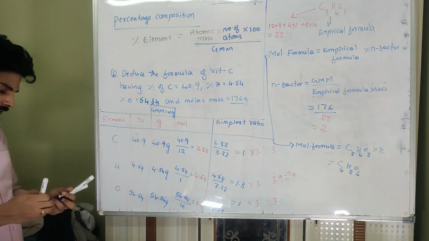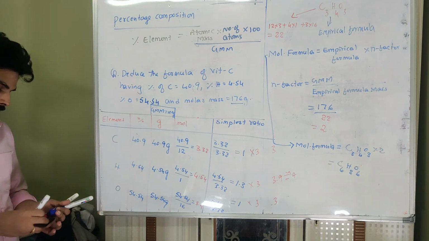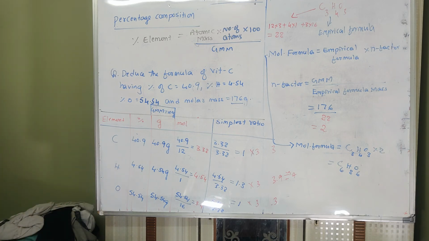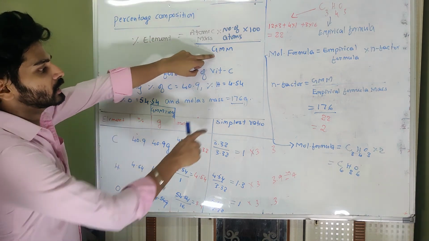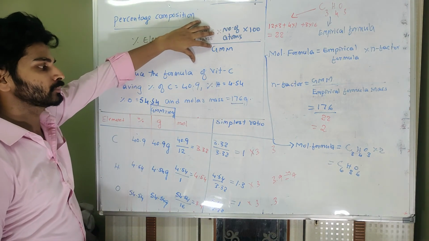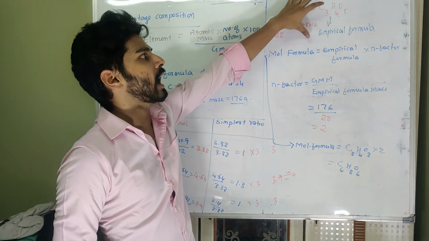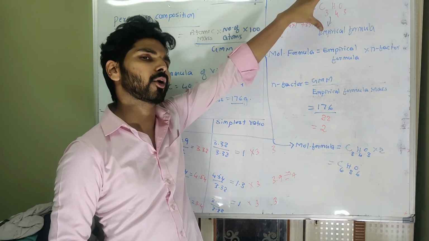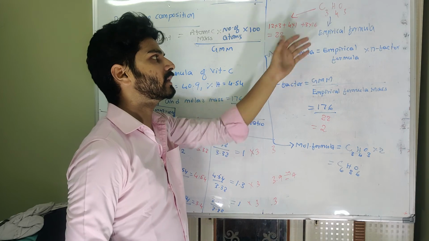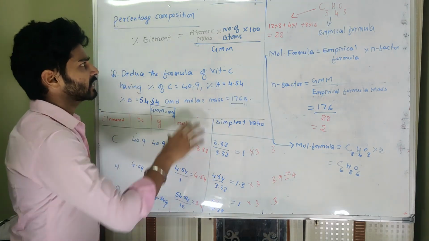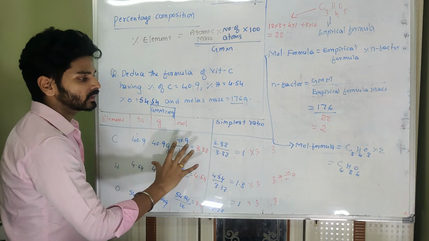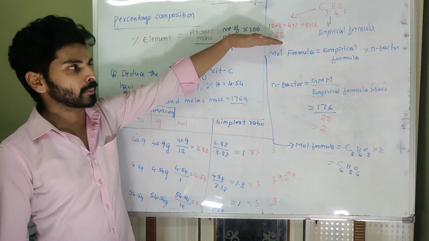So in this route, yes, it is the lengthiest method to get the molecular formula, but in this case you can at least reach till the empirical formula, though the molecular mass is not given. But in the earlier equation, the molecular mass must be given, then only you can go for that formula. If this is not given, by this method you can reach till the empirical formula. And sometimes questions are asked to calculate the empirical formula only. They won't ask us to calculate the molecular formula, they just ask us to calculate the empirical formula. In that case, the earlier formula is of no use. You have to go with this method and reach till the empirical formula.